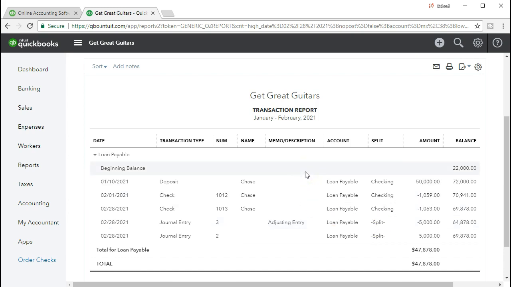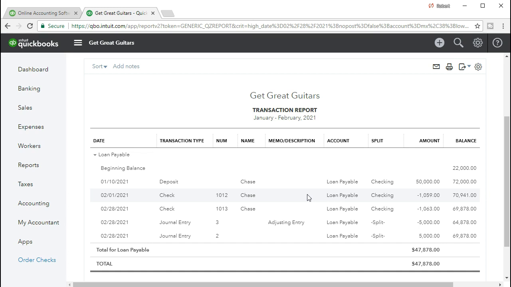There shouldn't be too much happening within a loan account because we're not going to take out a whole lot of loans, and there's not going to be a whole lot of payments. They might be monthly payments on a loan, and that means we could have a monthly amount if we were looking at a year's worth of data. But we're not going to have things that are happening all the time to the loan payable. So even if we have a few loans out there, it's not too bad of a GL to